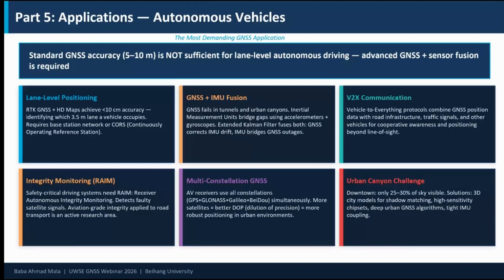That's why, if you have seen a Tesla car, how it works is they actually have a 3D map of the entire city. Most of the cities where it functions, they have the 3D map of that particular city, so it could navigate on its own when such errors occur. Since the urban challenge is 30%, most errors are caused by that. Most of the cities now, due to urban planning, have long skyscrapers, and the